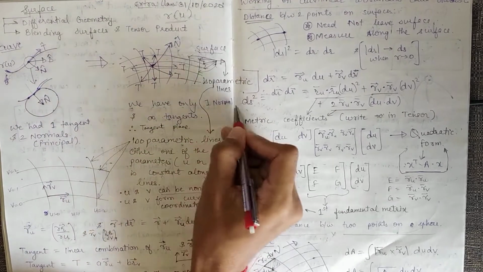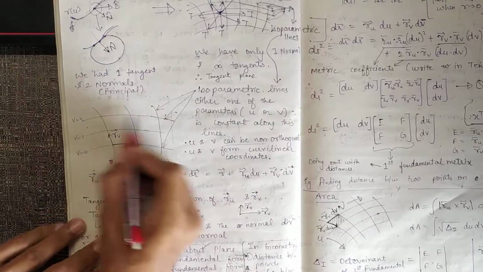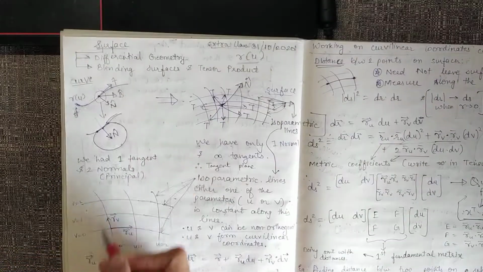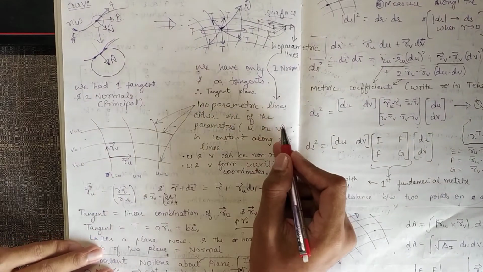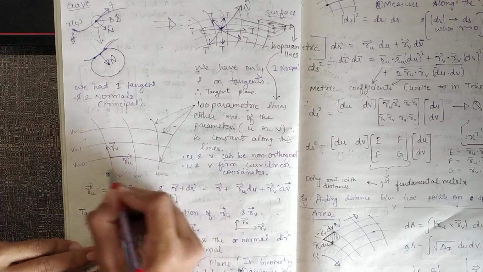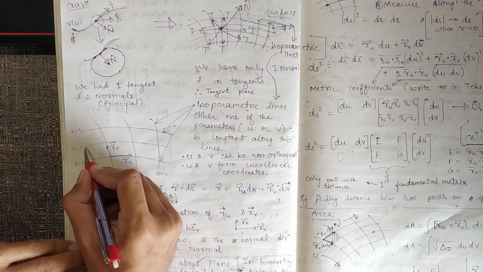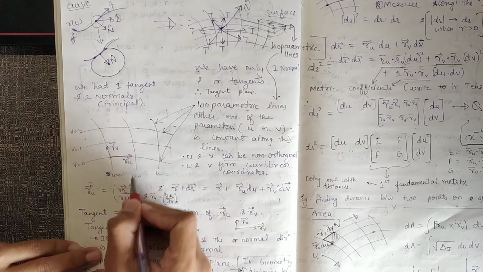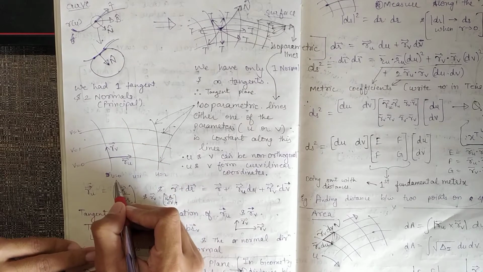So we'll say we have one normal and one tangent plane, and these lines which I mentioned are called isoparametric lines. This u and v are our parameters. Here u was our parameter for the curve; for the surface u and v both are parameters, and they are called isoparametric lines. Along this particular line, the v value will not change. Along another line, some other v value will be constant, some v1 value, here some v2 value. Similarly, when we travel along this line, some u1 value will be constant.